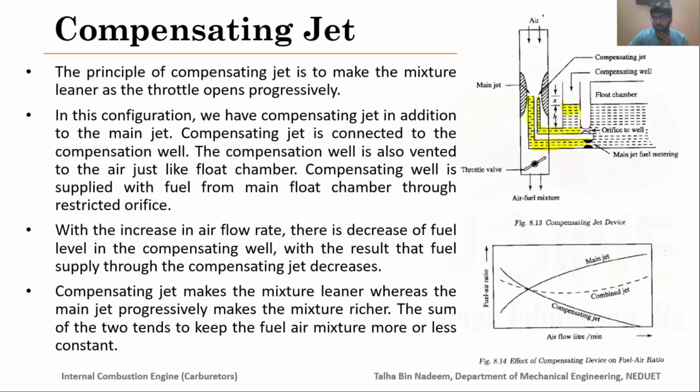This valve is called the compensating valve, and there is an orifice to restrict the flow from your float chamber to the compensating valve. And what is happening here is that